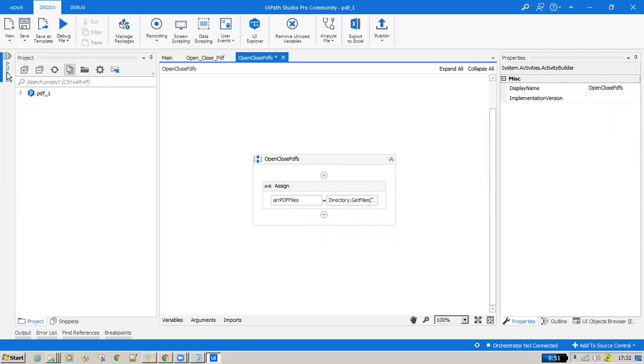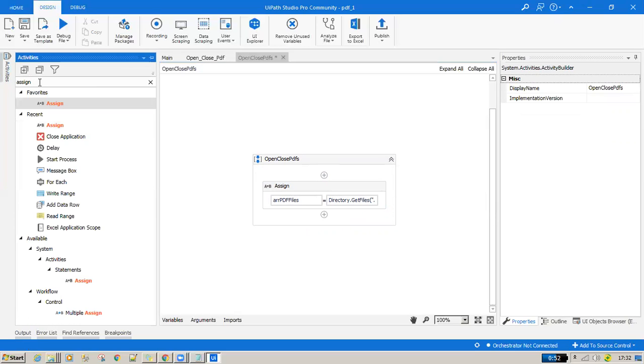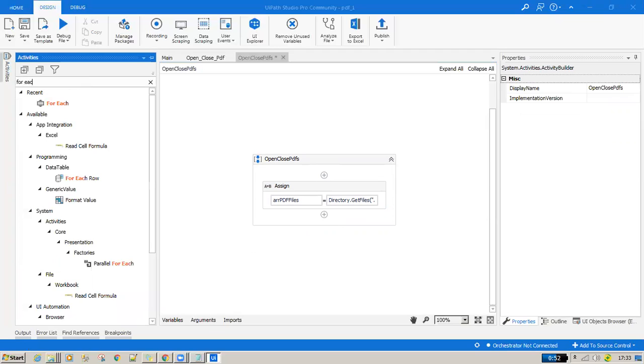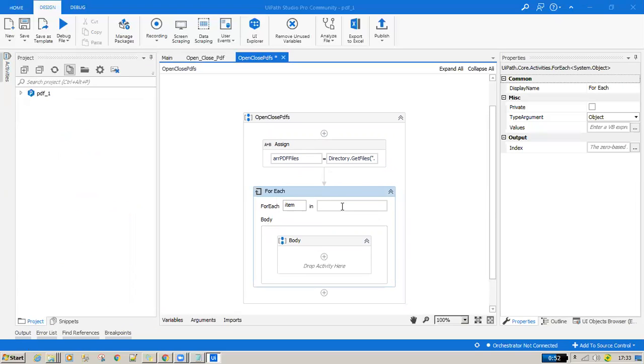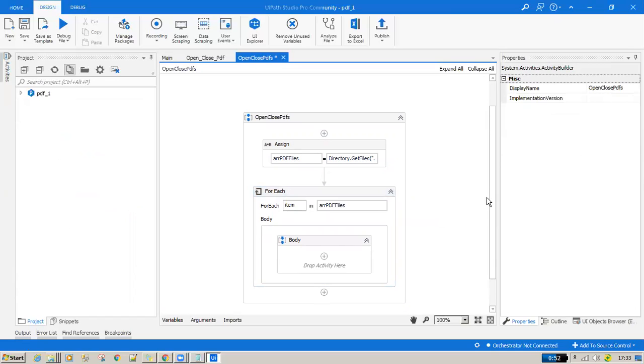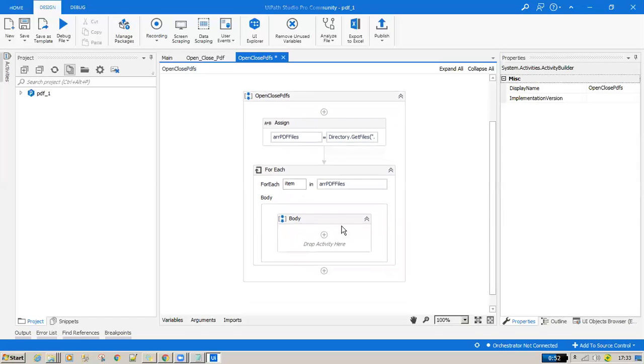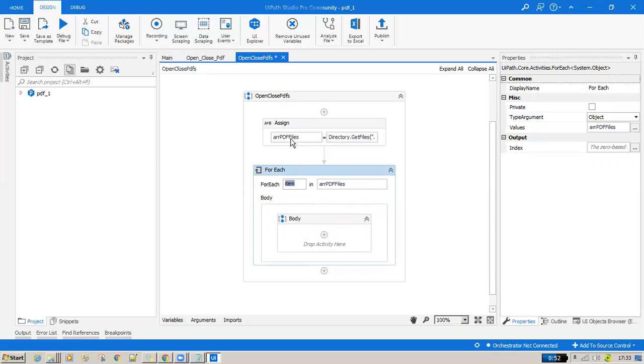Now the next step is to iterate this array. In order to iterate, we have a dedicated For Each activity. Let me pull in one For Each, item in this array. What do you want to do? You want to open each file. Item consists of each file from your collection of all the files in this directory.